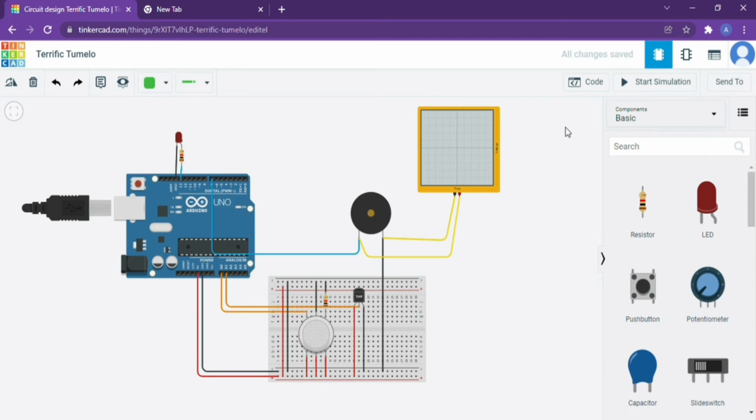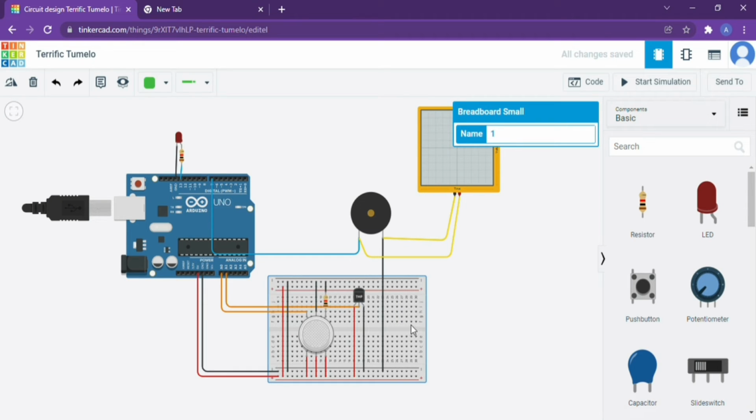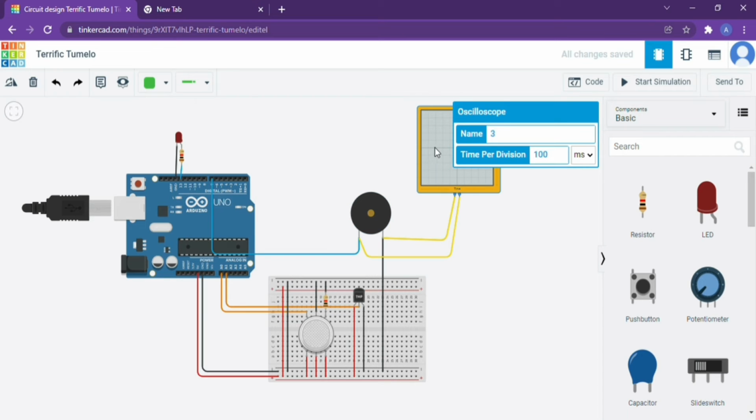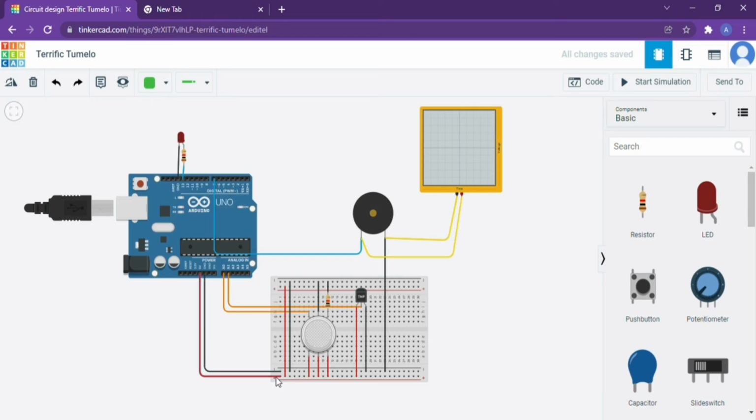21EE30007. I am from section 5 and for my assignment number second, I have created this circuit with the help of the Tinkercad software. I have created a fire alarm system using Arduino Uno, breadboard, gas sensor, temperature sensor, resistor, piezo, oscilloscope and LED. I have connected the lower voltage to the ground and the higher voltage to 5 volt,